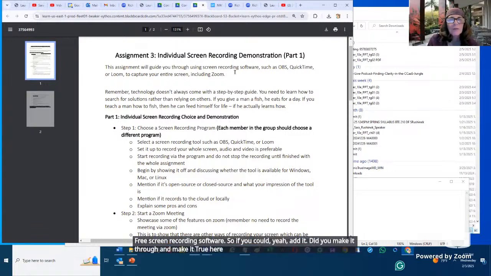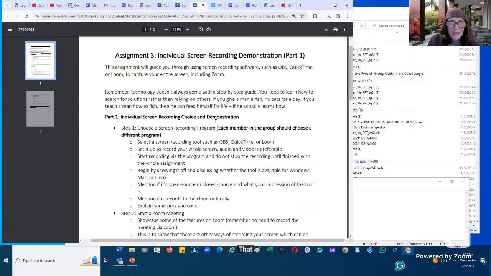This will guide you through screen recording software. Remember, technology will come, and this is Daniel's, right? And it's fish and all that stuff. But anyways, what needs to be done